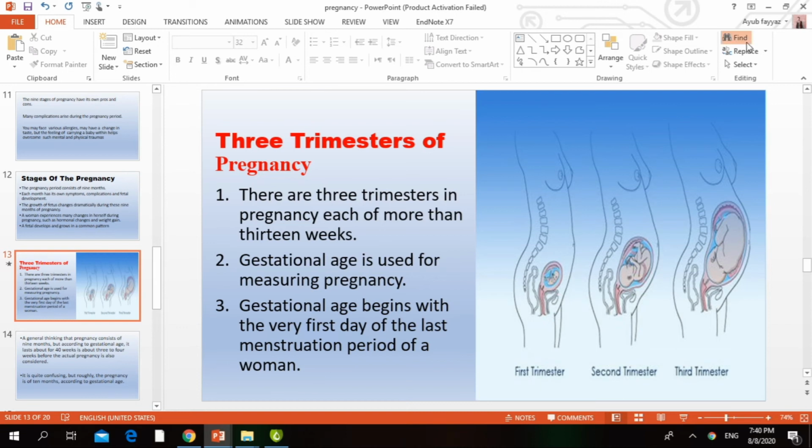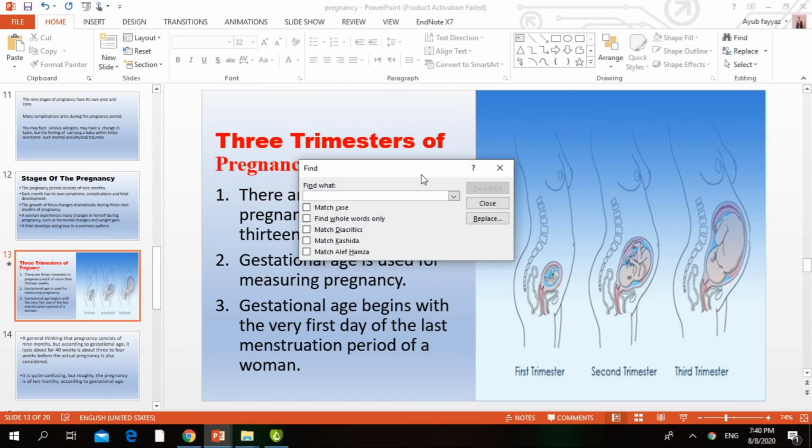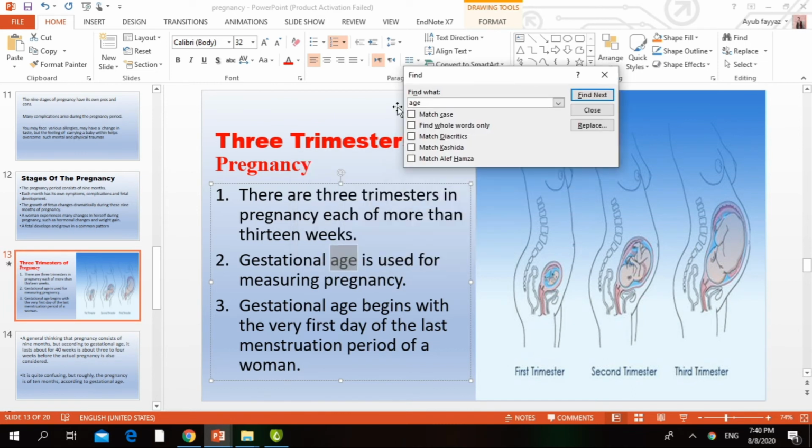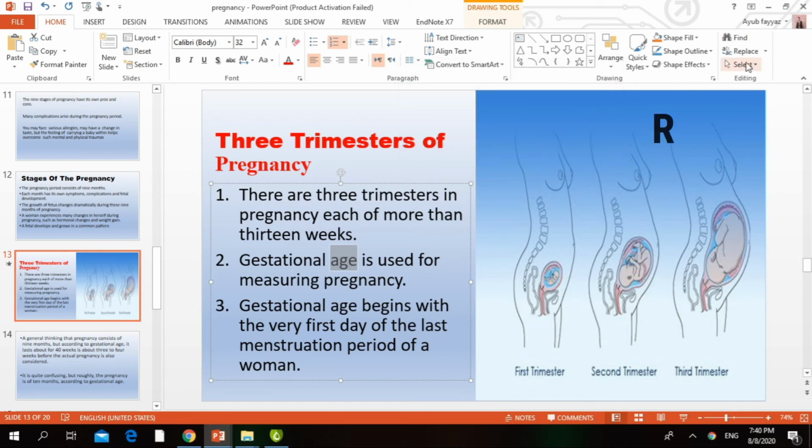So next one is the find button. By the find button, we can find any word in the presentation. For example, we have to find age in the presentation. We just write age and then find next. So it says here is the age word. So we can find any word in the presentation by just going to find, and if we have to